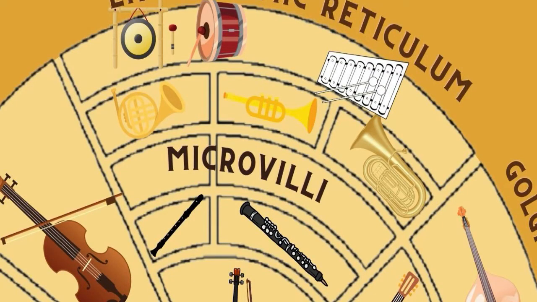The microvilli is an organelle that increases the cell surface area and thus facilitates absorption for ingested food and water molecules. This is quite similar to the horn instrument section of an orchestra. In a sense, the saxophones and other horn instruments help to make the theater feel more spacious and absorb other noises. And what do I mean by that? Here, take a quick listen.